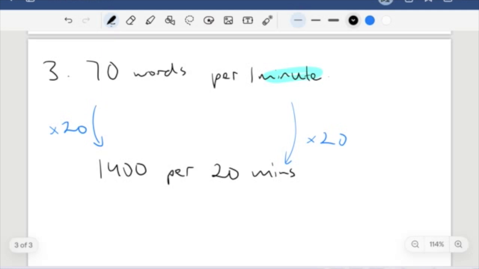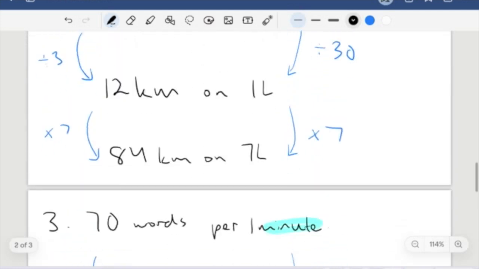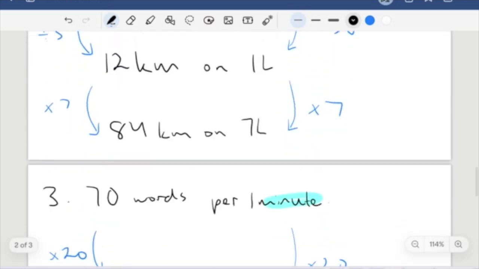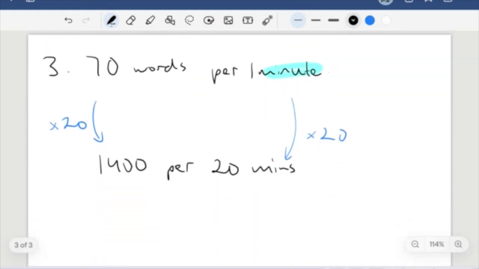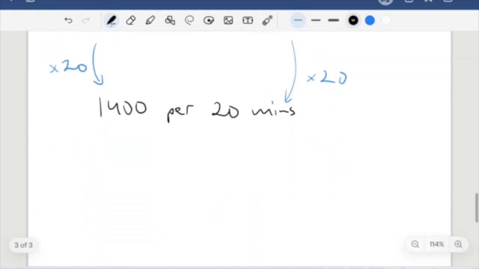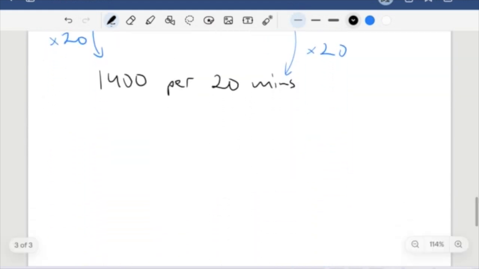The only difference now is we were already given the rate to 70 words per 1 minute. So half of the unitary method was already done. We were sort of at this second last step in the previous question. Okay, so we're going to do one more, and we are going to be talking about one of the more